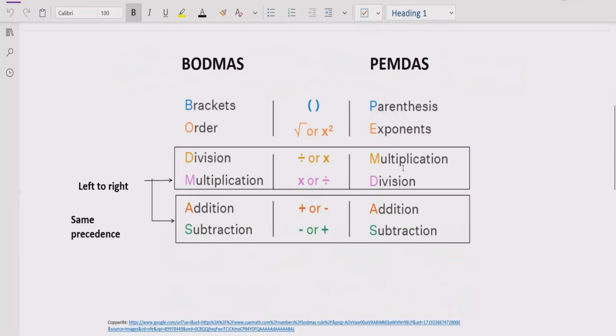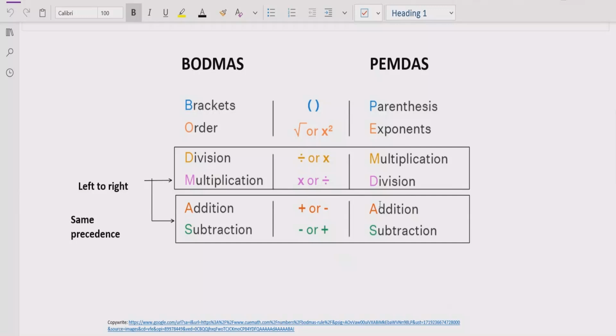Now let's talk about what are the rules which we can follow to solve any arithmetic expression. Here we will discuss two rules, BODMAS and PEMDAS rule. These rules we can apply to solve any arithmetic expression. And the rule says if your expression contains any bracket or parenthesis, you have to solve that part first in your expression. After the bracket, you have to see the power of any number. If your expression contains any number which has the power, you have to solve that part